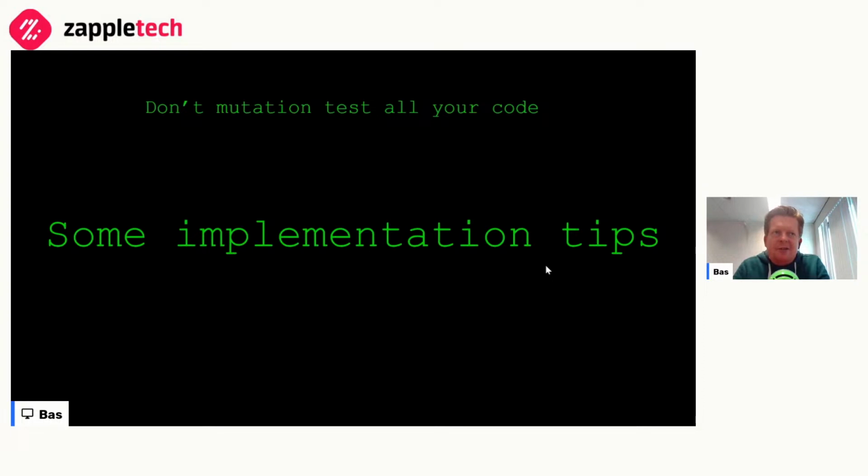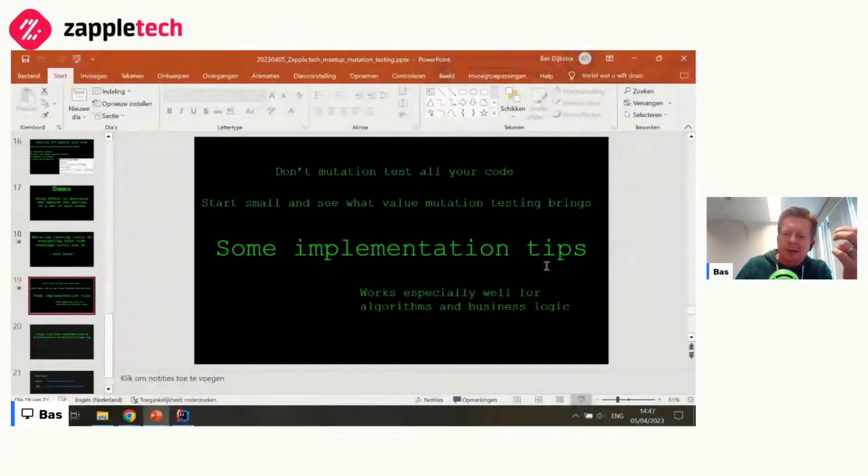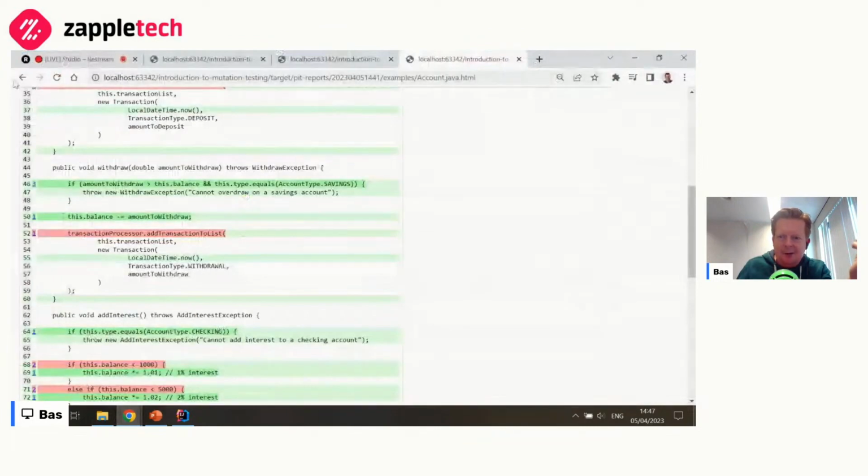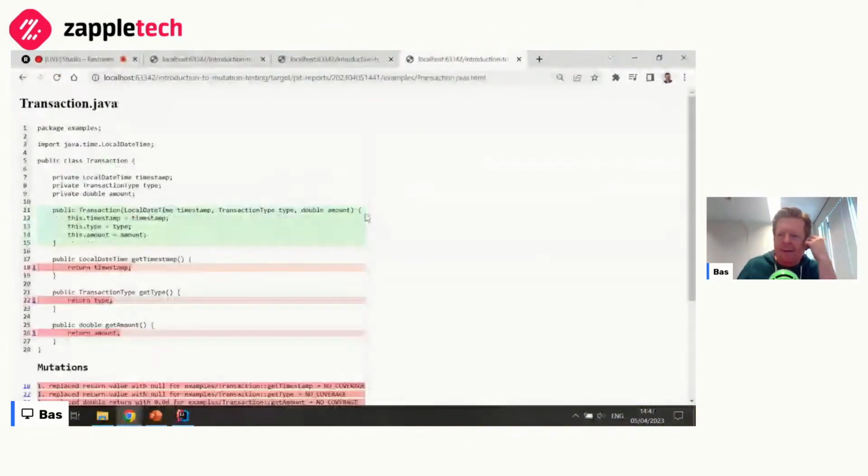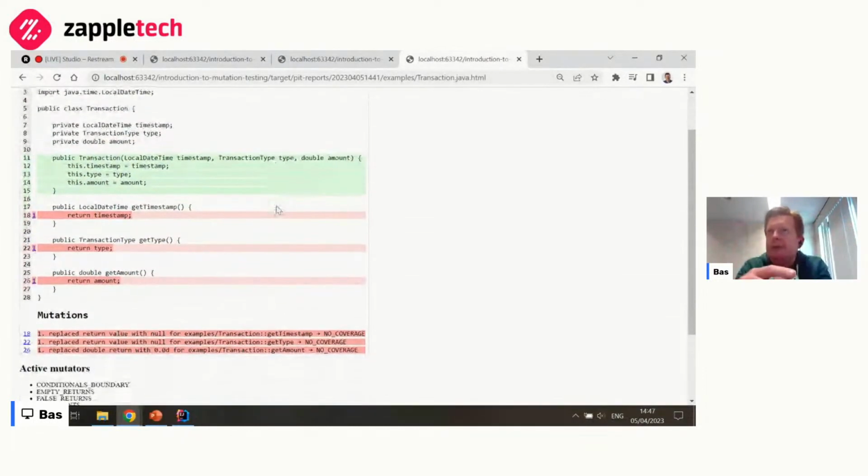Why? Because first of all, there will be lots of code, and we didn't really look at that. That looks more like this. And this is just a transaction class that represents some kind of domain entity. In program terms, that can be a DTO or a model or a DAO, data access object, data transformation object, whatever.